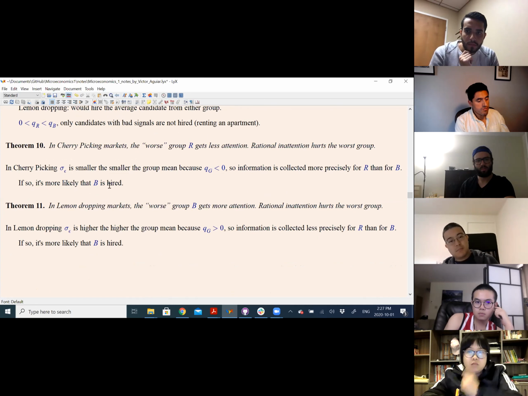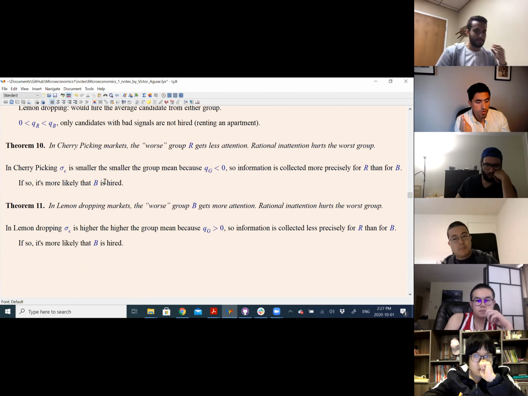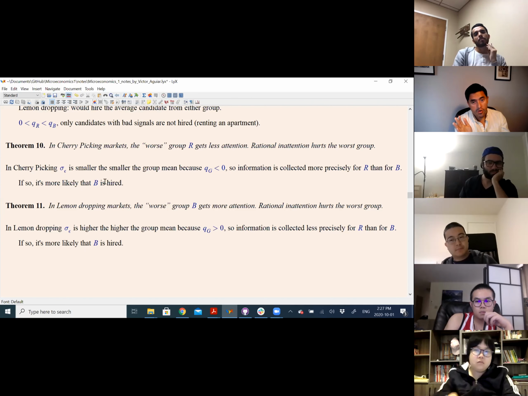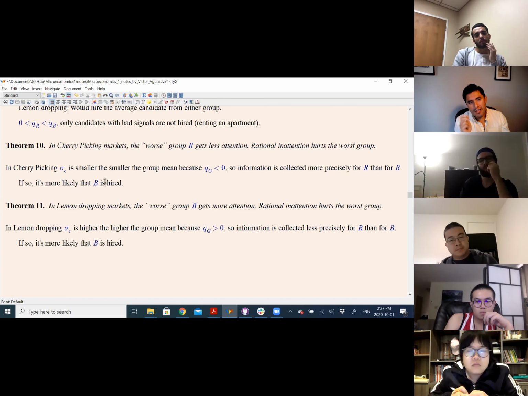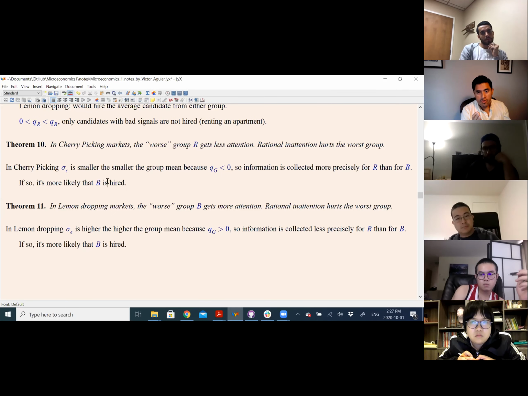So in other words, it's more likely that you hire B, blue. What happens here is that if you have to look at the CV of someone of group red, Amazon is going to look more carefully. And if they look at a CV of someone from group B, they're going to look less carefully. So therefore, you're giving the benefit of the doubt to the people of group B. And this is the clubby thing, right? So first you have someone from MIT or someone from Western, and then Amazon is hiring them. Who do you think they're going to look at more closely? According to this model, they're going to look closer at the CV of people from Western, right?